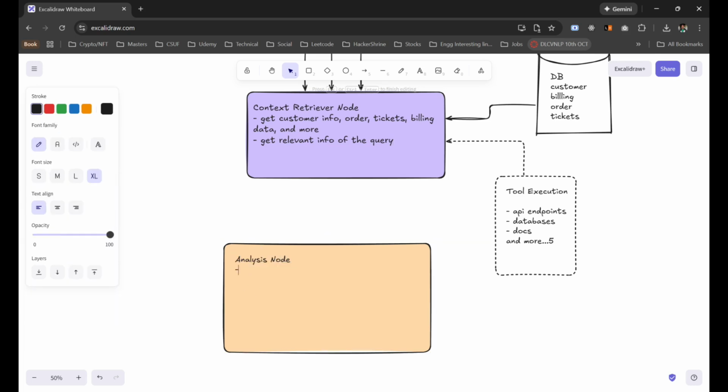Okay, so what type of analysis do we need to do? One would be, does a solution exist, or can a solution be provided based on the information that we gathered? Okay, or,